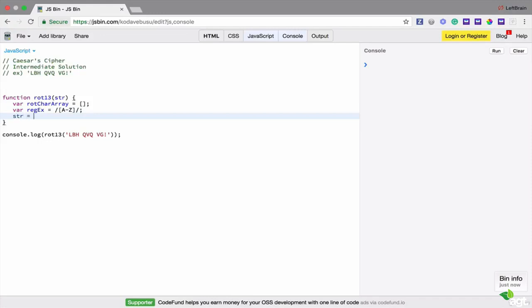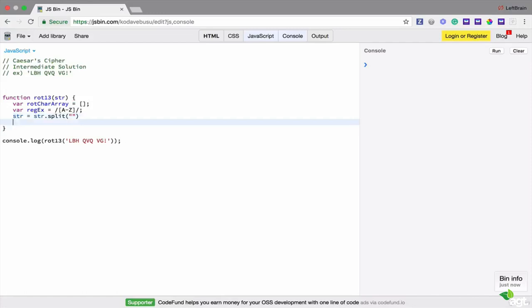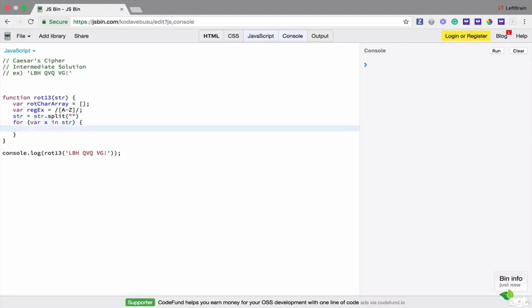String is equal to string dot split, and I'm going to have a for loop, var x in string, and then within the for loop we have an if statement, regex dot test, string open close brackets x,